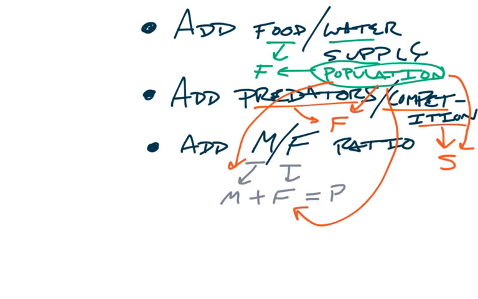The carrots are being eaten by the bunnies. And possibly the reproduction of the carrots might rely on the bunnies themselves, right? If the bunnies are eating some carrot seeds, and then they hop away a mile and they poop out the carrot seeds, then you're going to get a new carrot patch in a different place, right? So the reproductive cycle of the carrots may be heavily dependent on the bunnies themselves. And of course, the bunnies are dependent on the carrots.